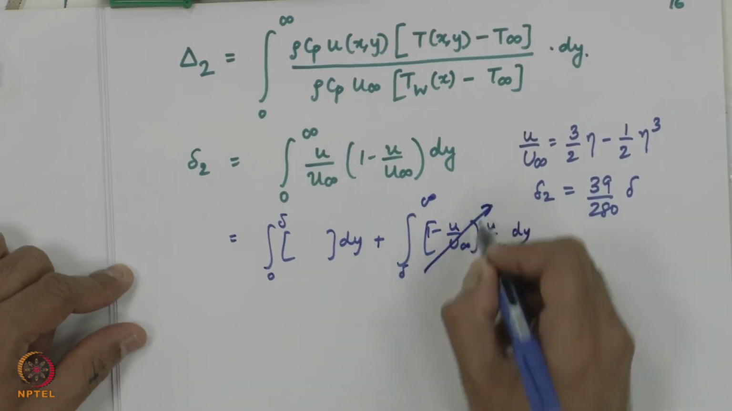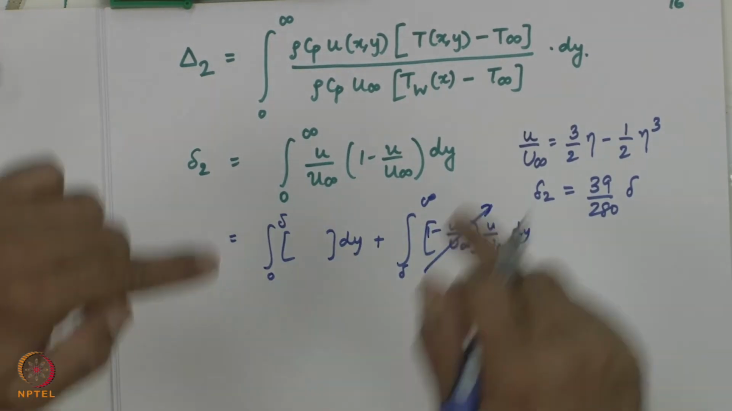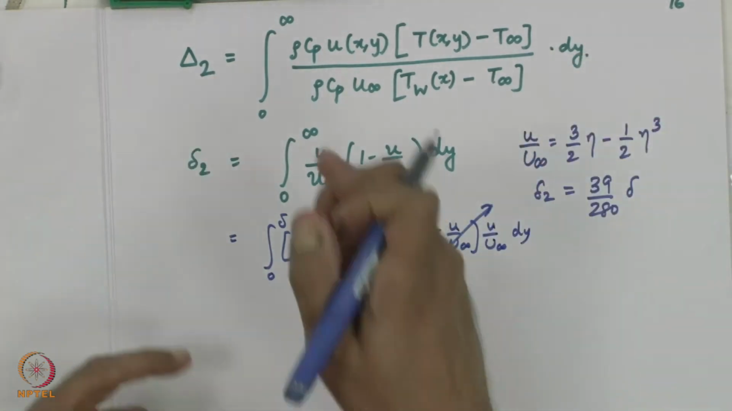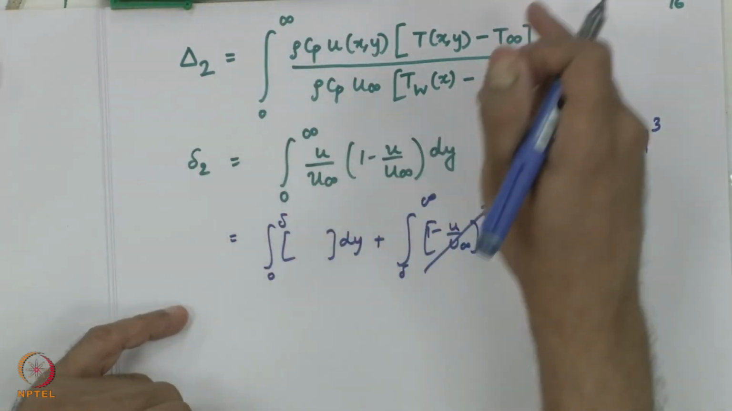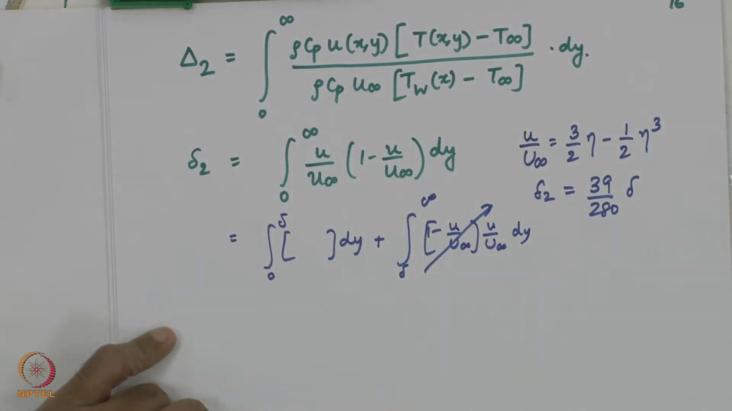This will go off to 0. So, you are left with 0 to delta. Here also we will do the same thing, 0 to delta, delta to infinity. Now, not so straightforward. Why? I have,